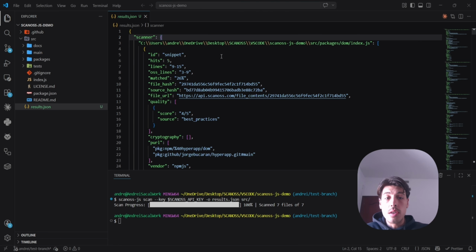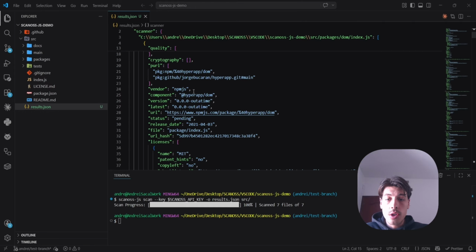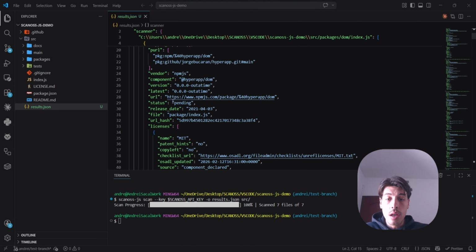So in this case, this component here is a snippet match, mentions the number of hits, the line range for the actual match as well, the OSS lines, the match percentage, file hash, source hash, quality of the project, any cryptography related information, mentions the purls as well, the vendor itself, the related URLs,